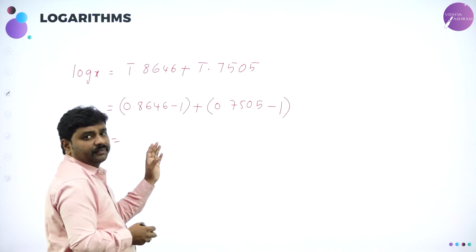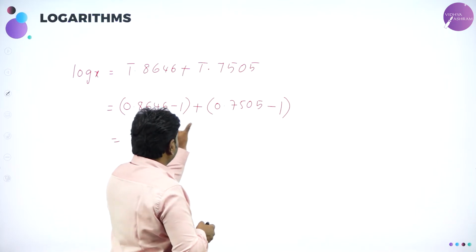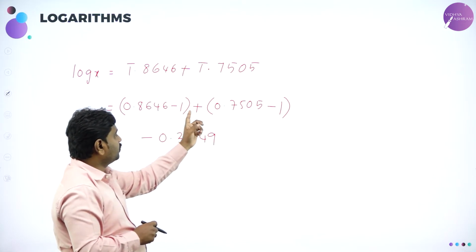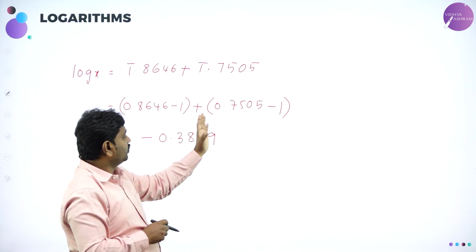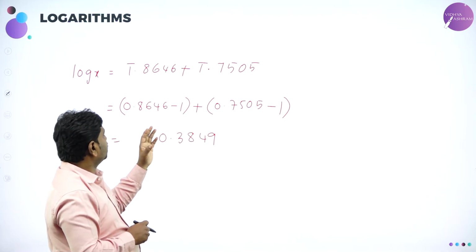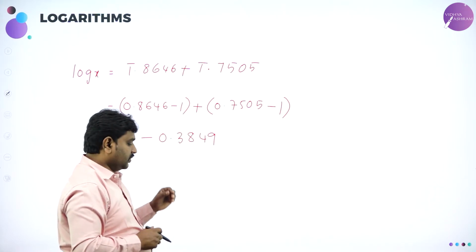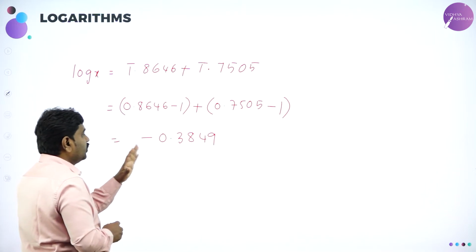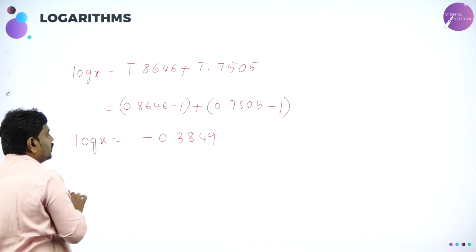Use calculator, subtract this, and combine these two. This minus this plus this minus this. When you use calculator, you will get the value. Or directly, if you open the brackets and simplify, you can do it. You can use calculator, don't make mistakes. So we got log x. Till this part it is easy. I'll repeat.